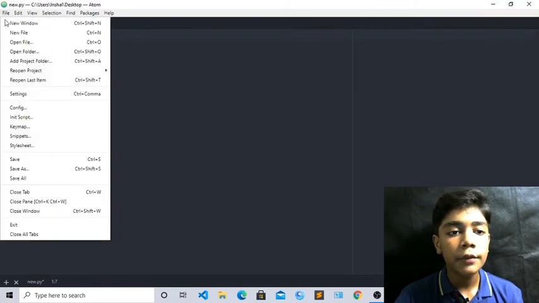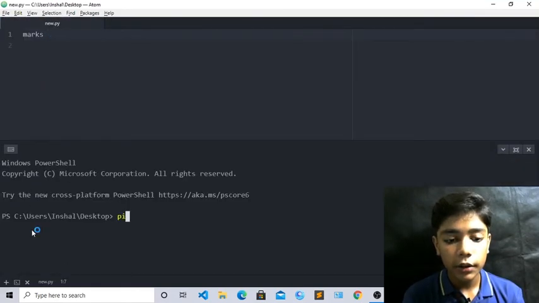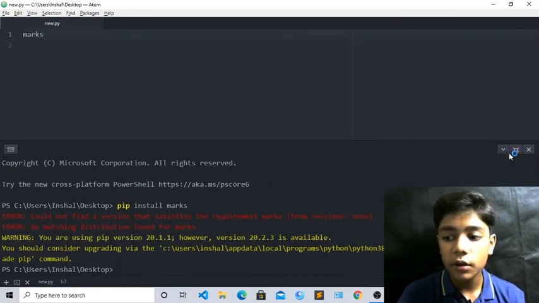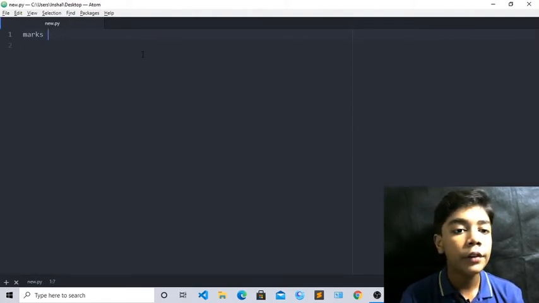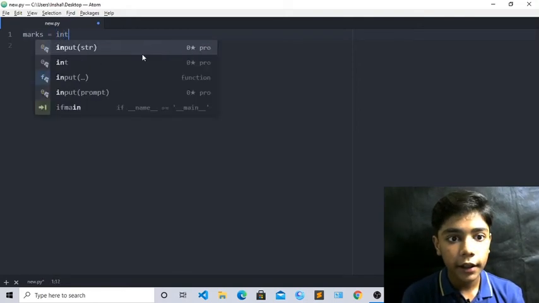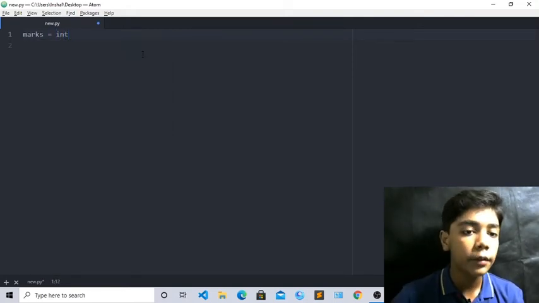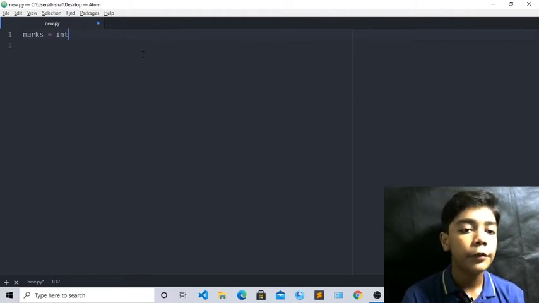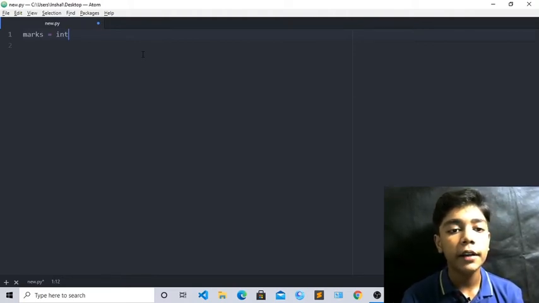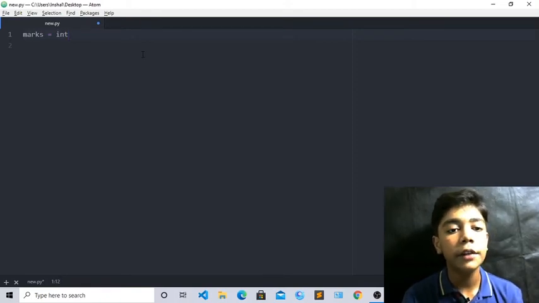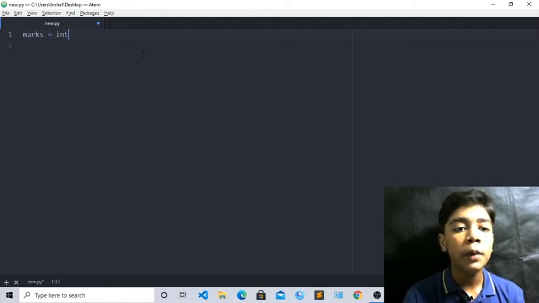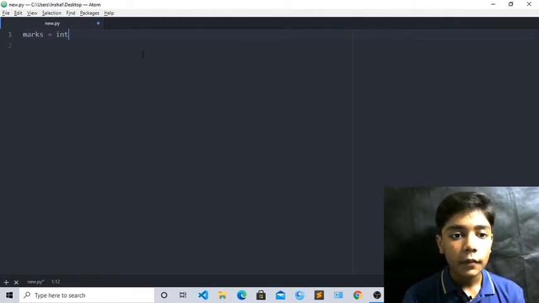Okay, now first of all save it. Now we will download this, pip install, which will be marks here. Now just check it, it does not have the latest version, so we don't have to download it. Now in front of it write equal to, now write here init. Like I have told you, init and input are very different from each other. Init is only used for initialization, and input is only used for asking a question or giving an answer here. Now when you have written marks equal init, then in front of this init we have to write the input tag.